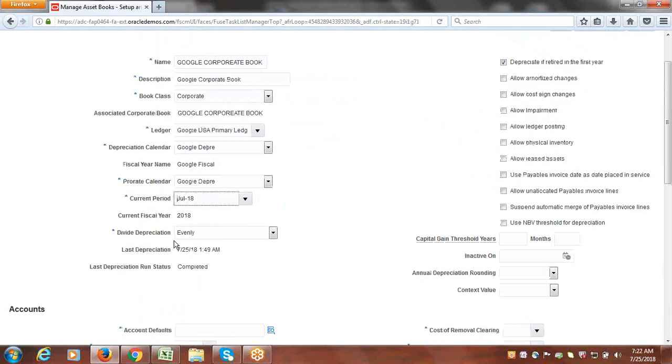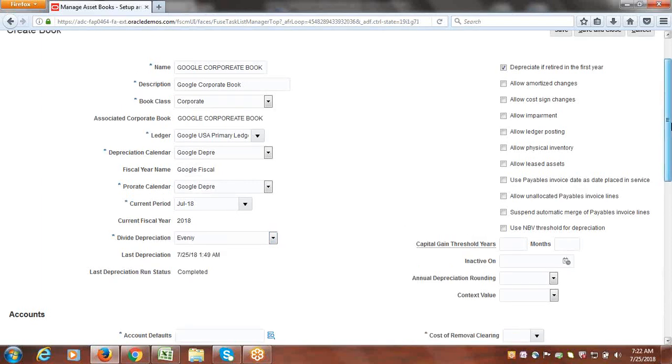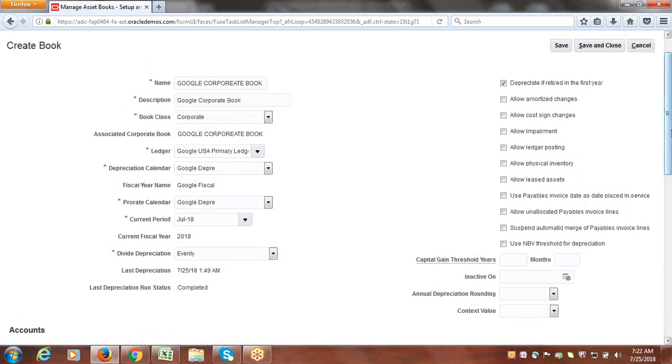Okay, so divide evenly. Yes, we are going to calculate full month. That is the reason. Yes, evenly we can keep if we are going to calculate daily depreciation. We know like prorate convention we have to create daily base and we will be selecting the divide depreciation as by days. Right, same as EBS. And here